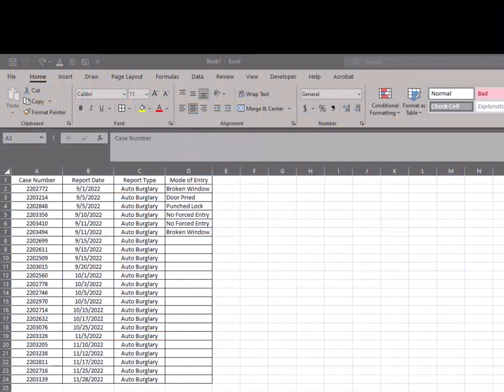Welcome to Small Steps. My name's Seth Potts, and I want to show you how to create drop-down lists using data validation. So a lot of times, when you get data in, maybe from your RMS, it's pretty much